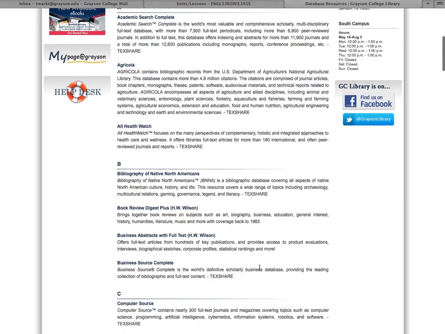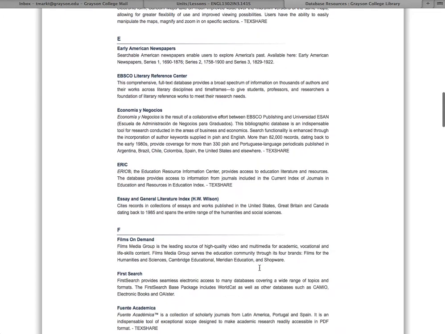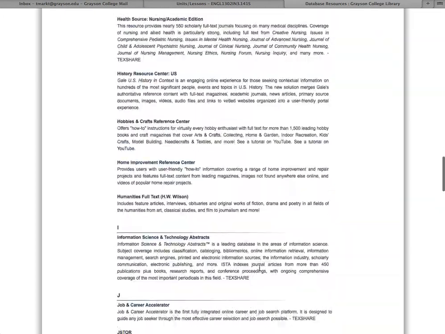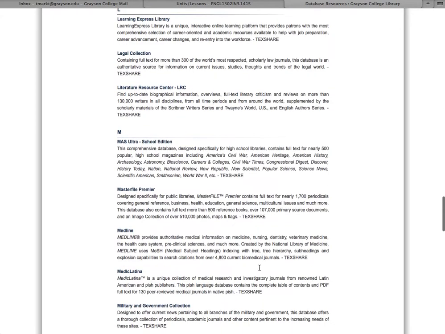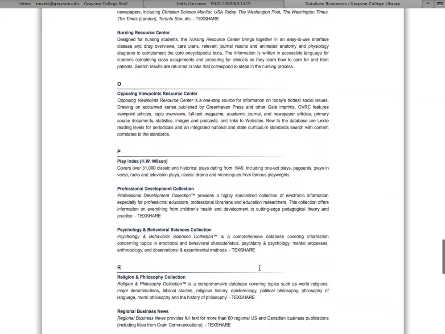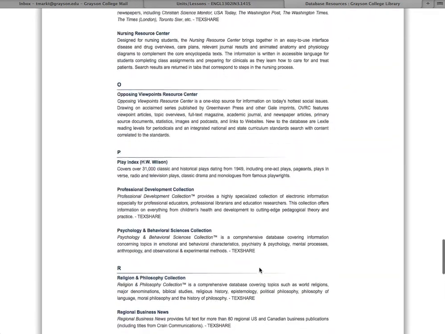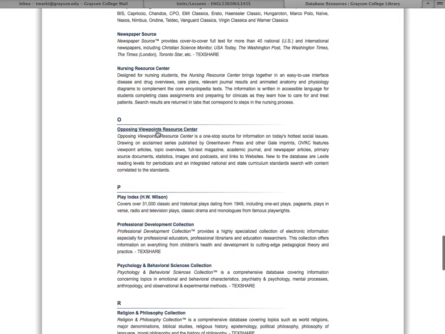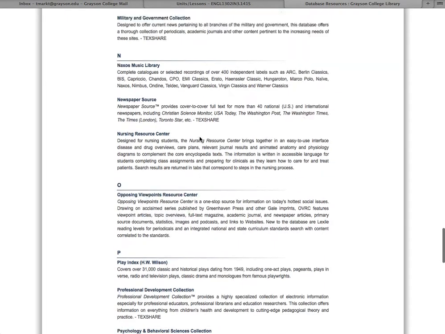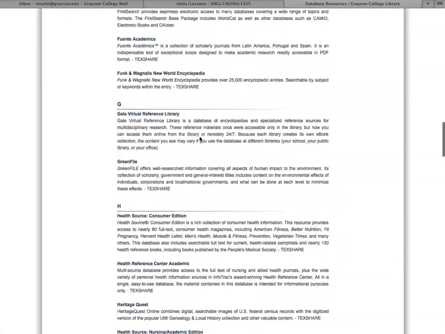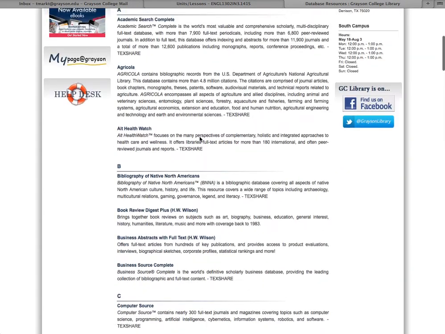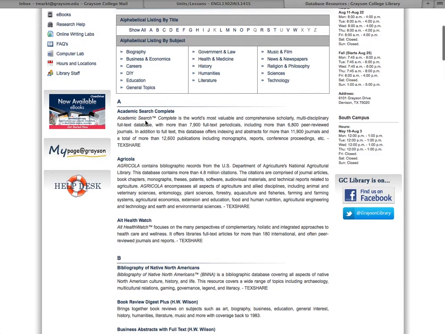There's a long list of available databases, a lot of topics that'll be useful for your other classes: history, nursing, business, literature, you name it. This one's kind of neat for getting different perspectives on a common topic, opposing viewpoints. But what I want to focus on now is one of our largest databases. I think it's the one you'll use the most, and it's this Academic Search Complete. If you'll click on that,